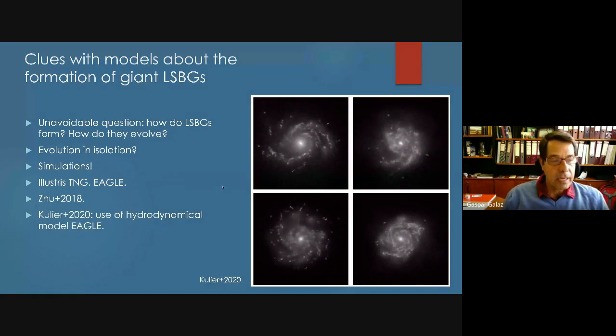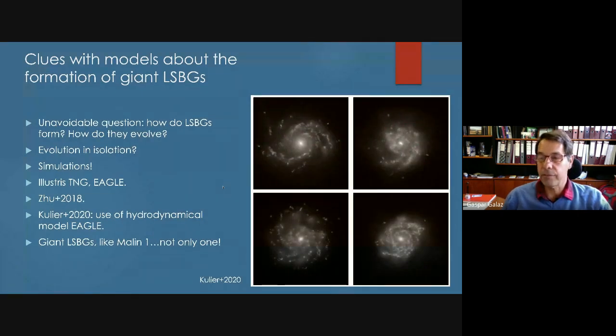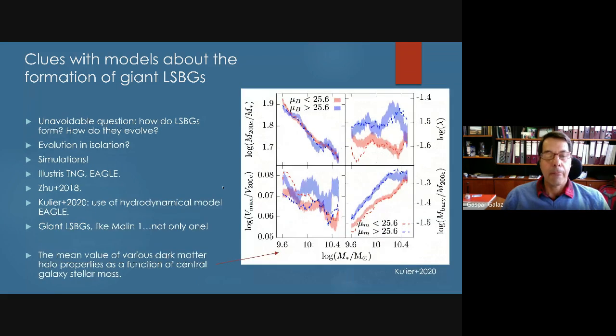With Andrea Coulier, we reproduced galaxies that are similar to Malin 1 using Eagle, which is a hydrodynamical model. And these are some results. These are synthetic images from the simulation. And in fact, we reproduce more than one. Here you can see four galaxies that are quite similar to Malin 1. There's one galaxy that is roughly of the same size. The rest are, in general, smaller. Okay, I can show you some of the results.